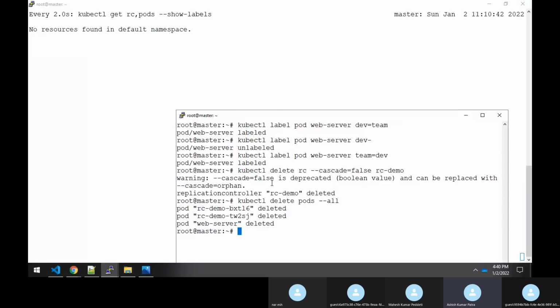Correct, guys? Okay, Rajesh, one small doubt. We have manually created one pod, web server. We removed the label just to take it out of the replication controller. Again, we added the same label to add it back to the replication controller, and by doing that, it will delete one of the pods, out of the three. How does it decide which one to delete? The last one created, or does it take any of the pods on its own?